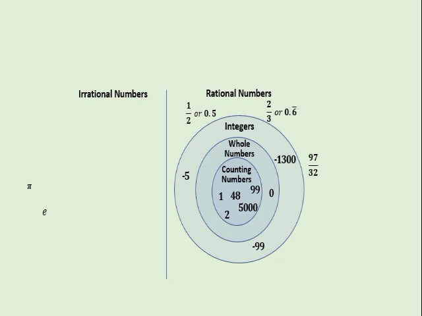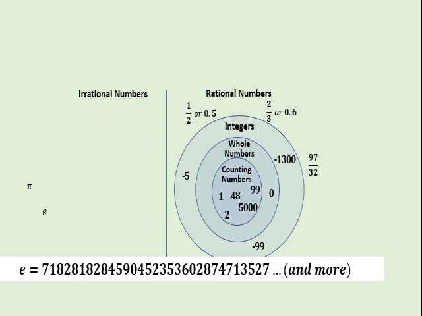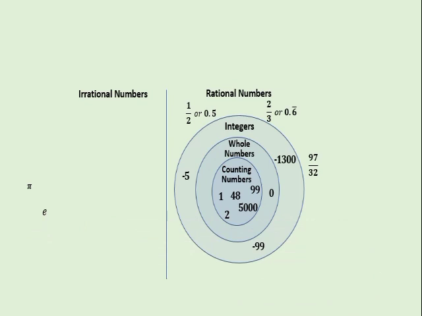The number e, or Euler's number, is another famous irrational number. People have also calculated Euler's number to lots of decimal places without any pattern showing. The first few digits look like this. Another irrational number is the golden ratio. The first few digits look like this. A non-terminating and non-repeating number.